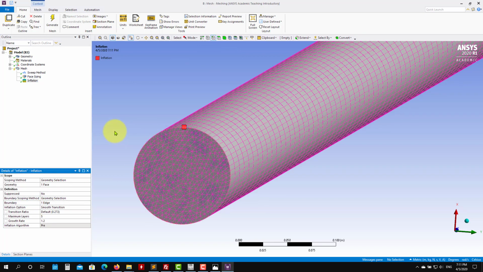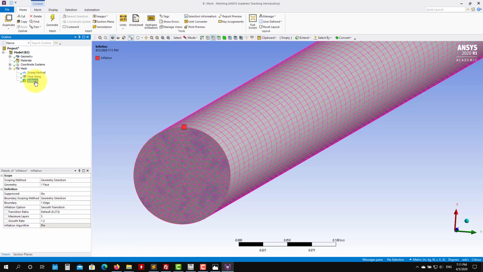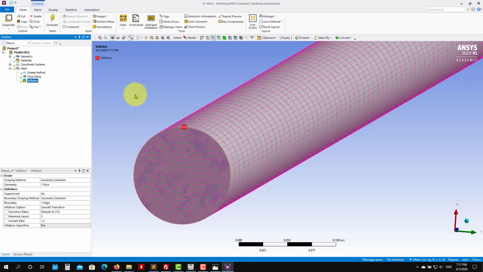Okay, something important. Why did I use this option manually? Because if you put automatic here, automatic source on target, you cannot do the inflation. So you need to have this. That is why I used it manually. Try to put it to automatic, and you will see that you won't be able to do this selection. So generate, and it will grow the boundary layer there,